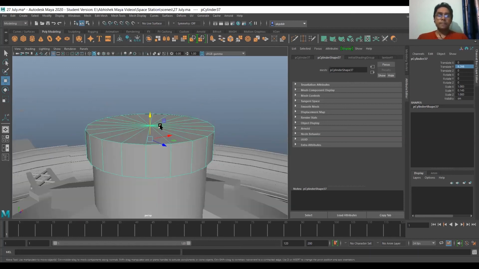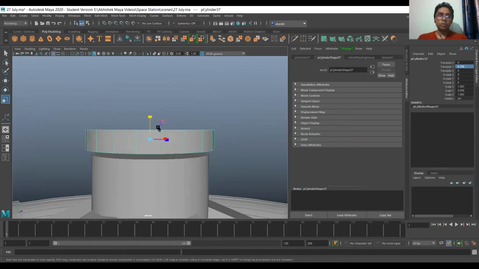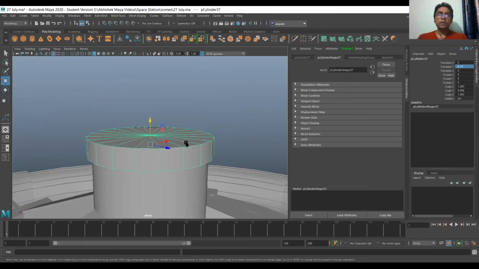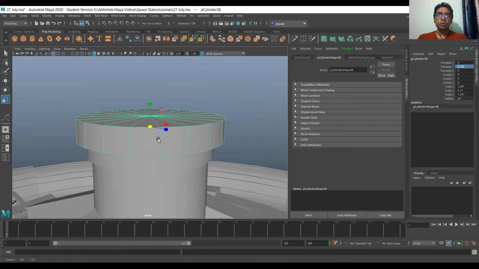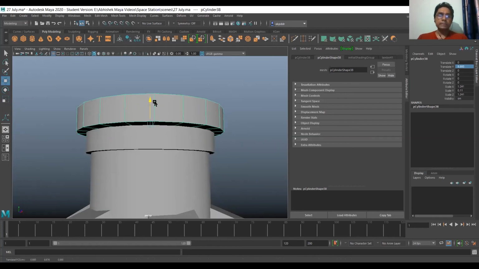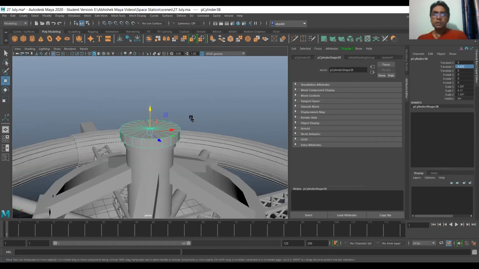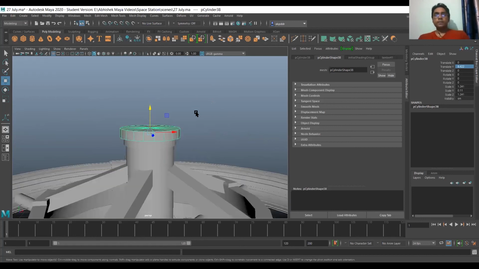Okay, now I'll slightly reduce the size more. Yes, that's fine. Press W and place it properly. Now again press Ctrl D and pull it up, and press R, from the center slightly increase it more, and press W and place it exactly on the top of your previous cylinder. So now it looks like this.